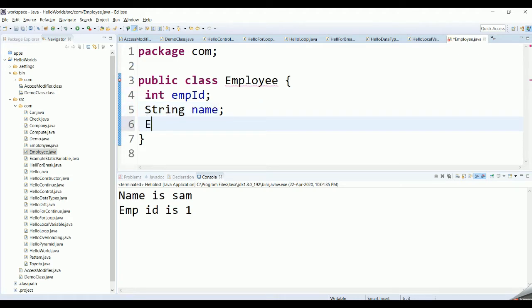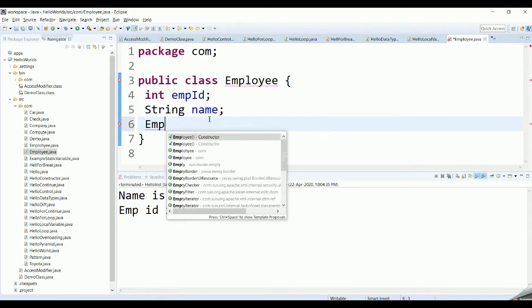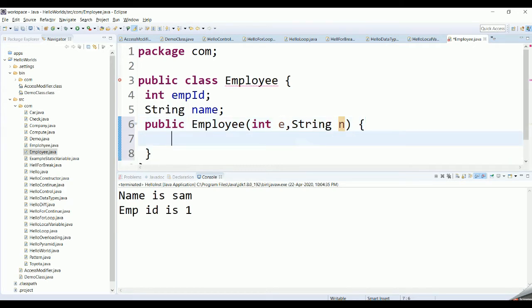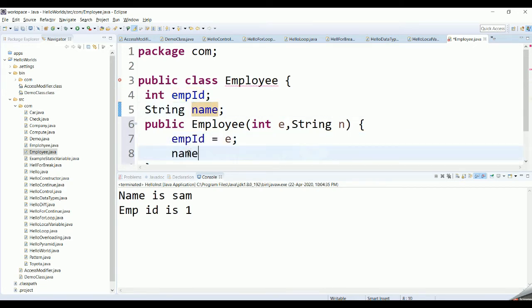And I am going to create a constructor for this class. This constructor is going to take an integer employee ID and a name as arguments. It is a parameterized constructor where e is assigned to the employee ID and the name is assigned the value of n.